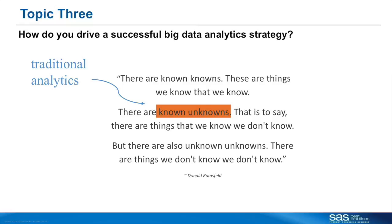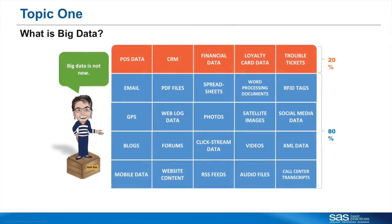Now, how does it change with big data analytics? The fun thing here is that you are able to discover the unknown unknowns. Now that you have the ability to bring in all your data types, and if you go back to that one slide that I had where I had the orange boxes and the blue boxes, now if I have all that data together, now I have the ability to ask questions